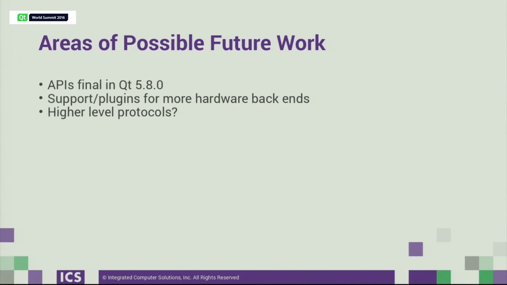So where's the module going in the future? In Qt 5.8, which is just coming up in the next month or so at the end of the year, the APIs should be considered final, so they'll be frozen, and they're going to maintain binary compatibility from that point on. We'll likely see support for more hardware backends,